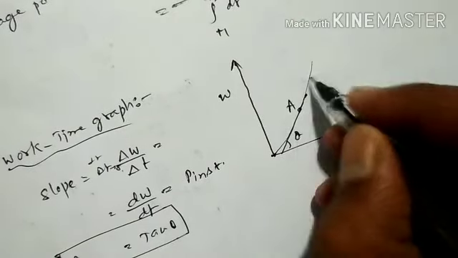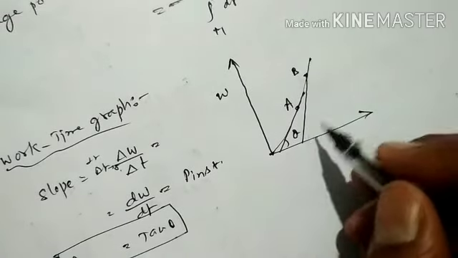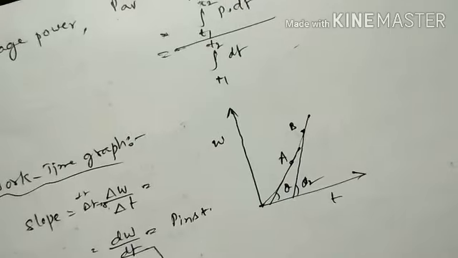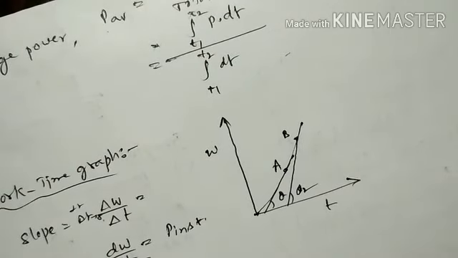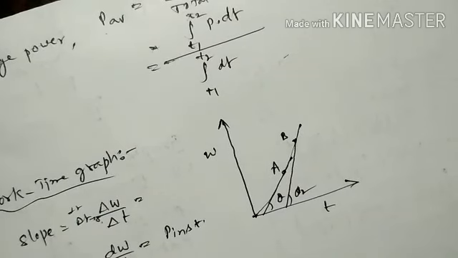Let us suppose at another point you consider point B. Again you can draw a tangent here. So like this you will get one more angle, theta 2. So depending on theta, the instantaneous power delivered will also be changing. So these are the points regarding this class, and we will continue. There are only one or two applications, so we can go through it. All these applications are very useful in going through the problems in your material. So once after listening to this, just go through it so that you can solve most of the problems simply.